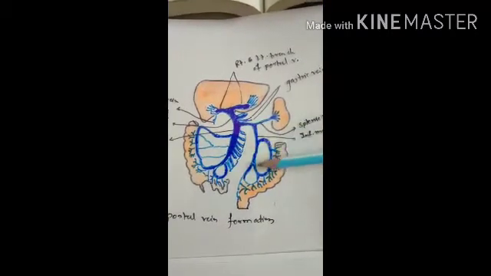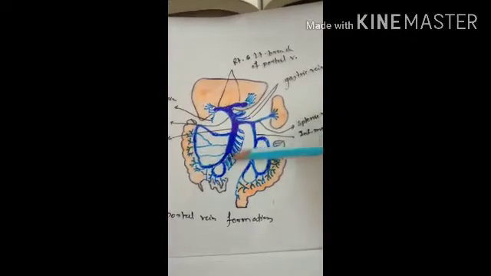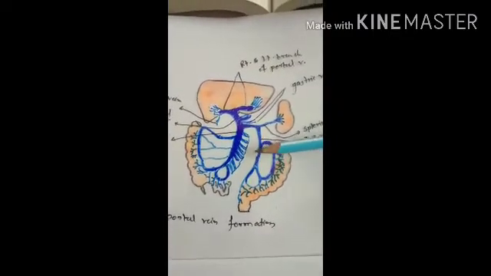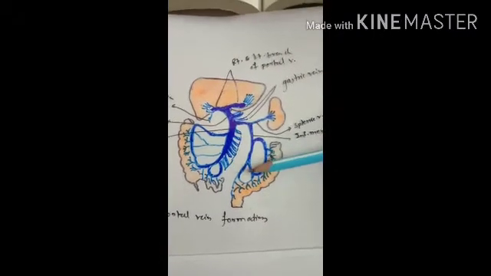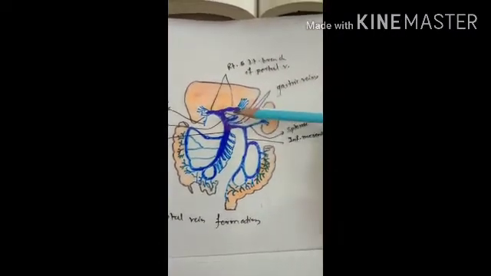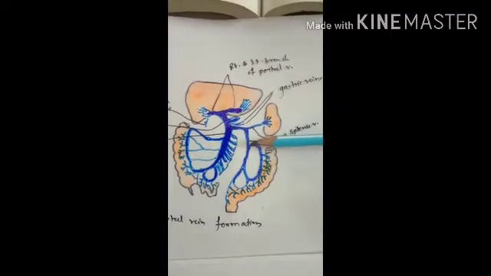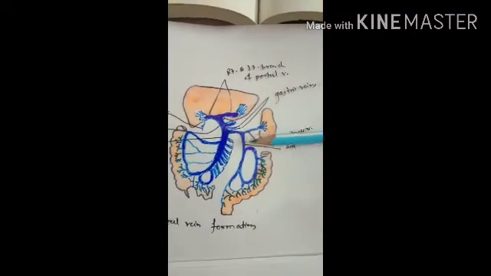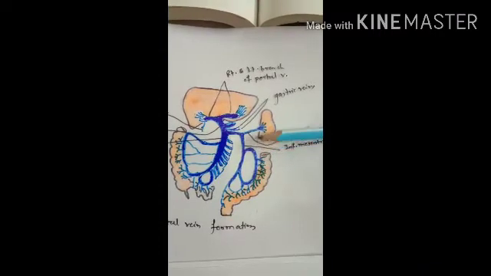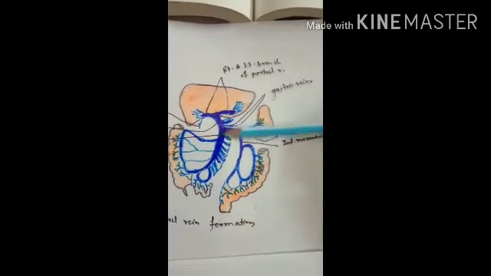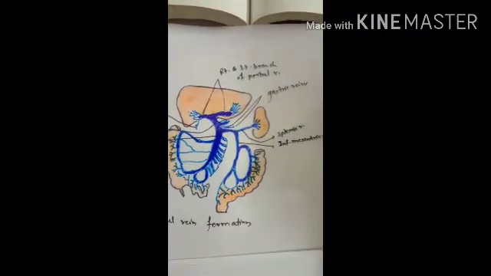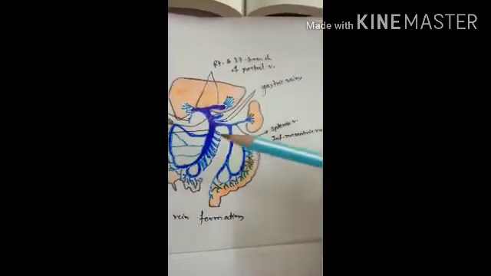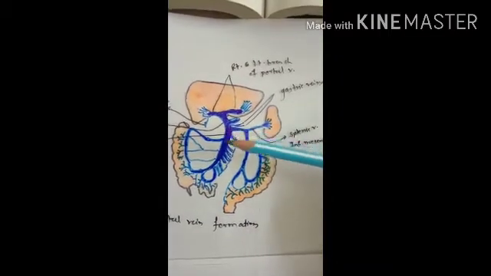Here you can see the abdominal and pelvic parts of the alimentary tract, except the lower part of the anal canal. That means the gallbladder, the pancreas and the spleen transport all their deoxygenated blood to the liver through the portal vein. Then we have to see the important features of the portal vein.